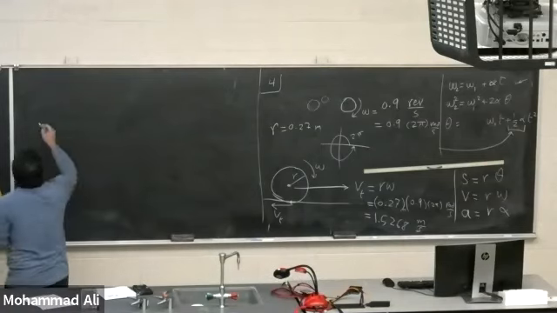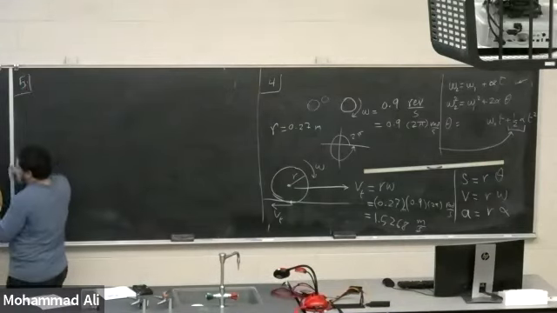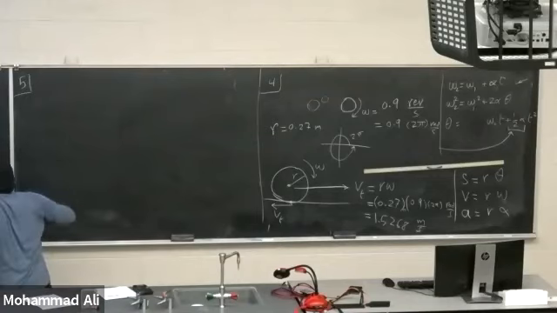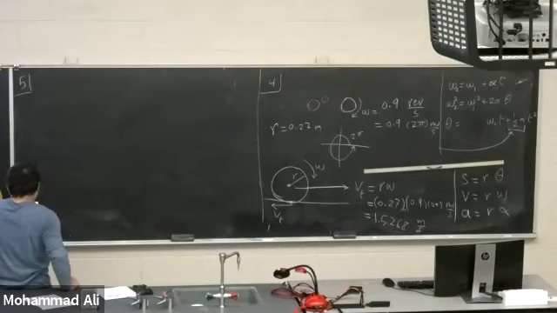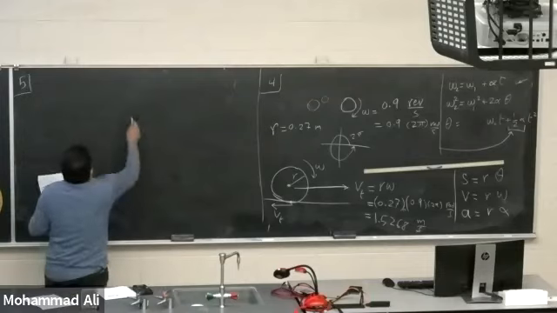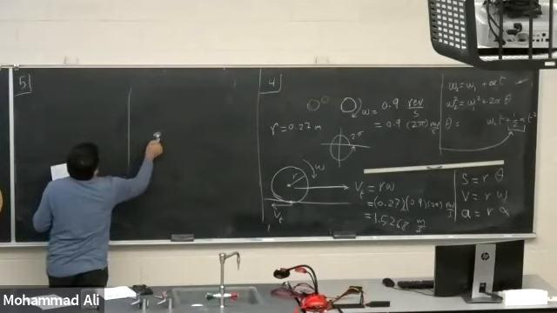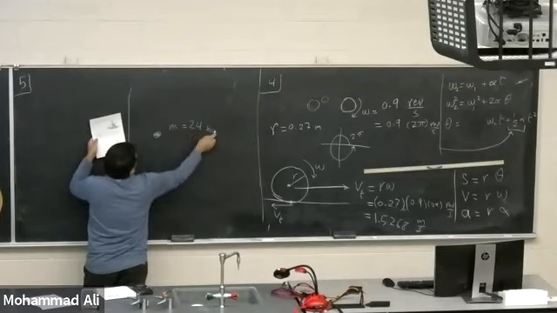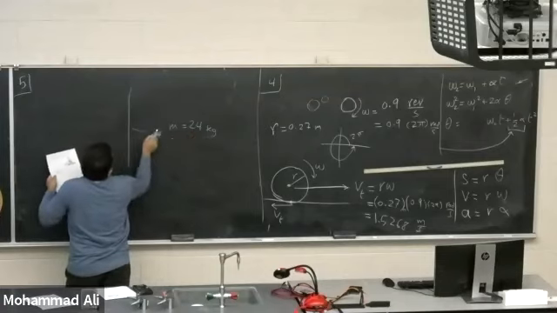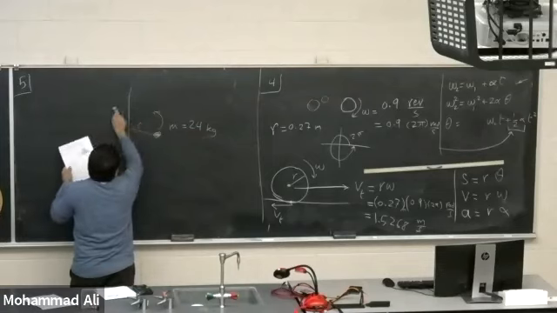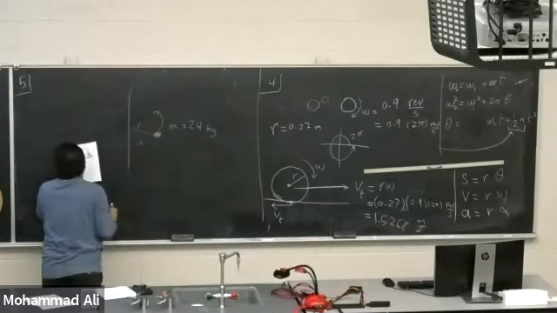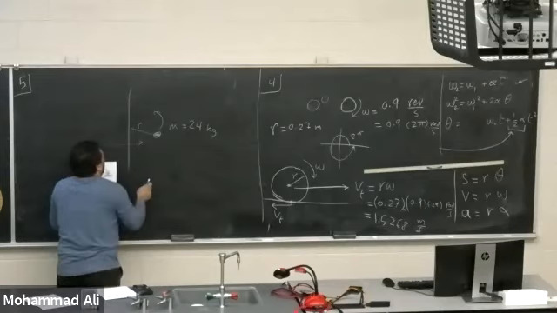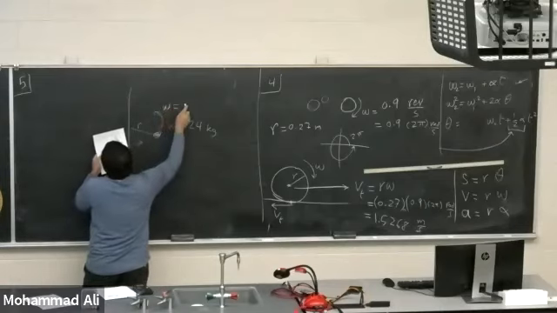Question 5. Consider a particle rotating around an axis. Its mass is equal to 24 kilograms. Okay. This is the radius of rotation, and this is our rotation. Omega of rotation is equal to 2 rotations